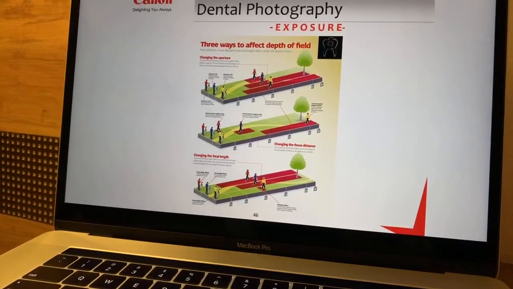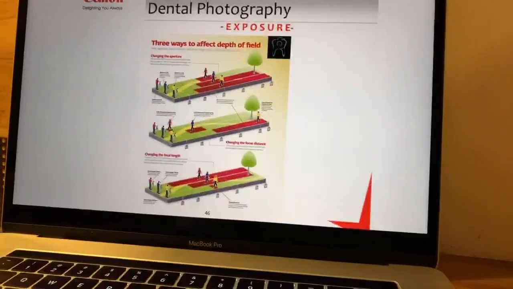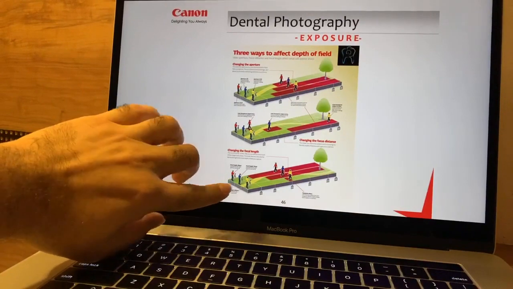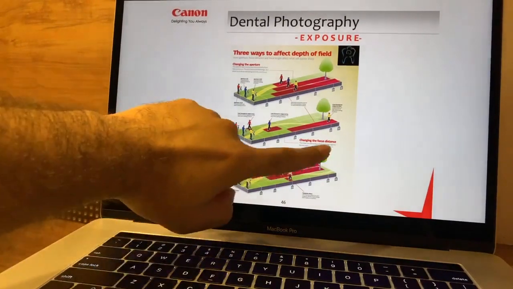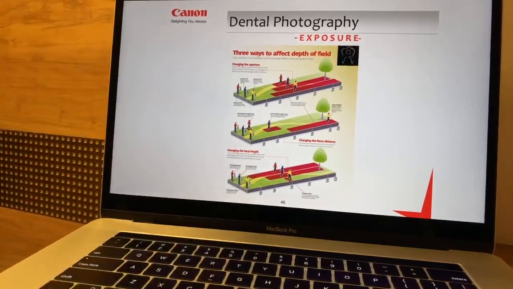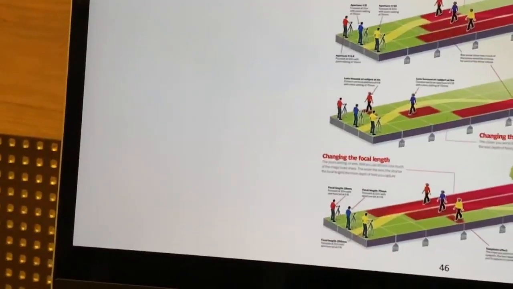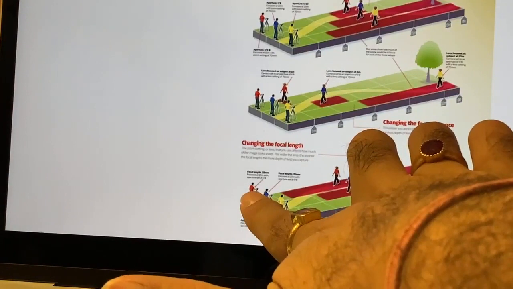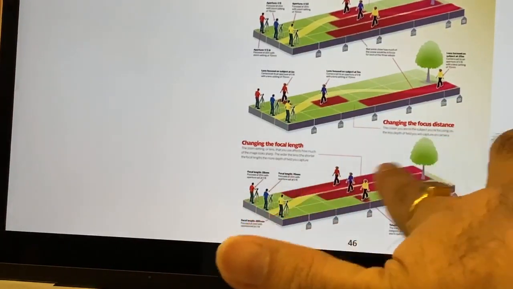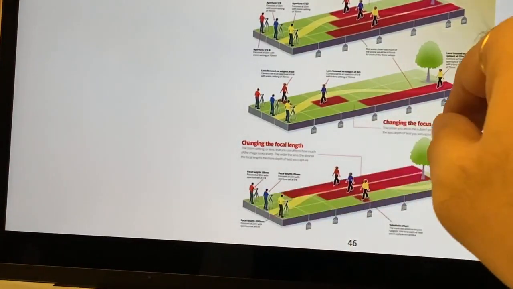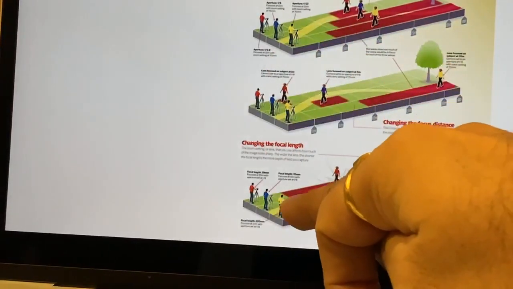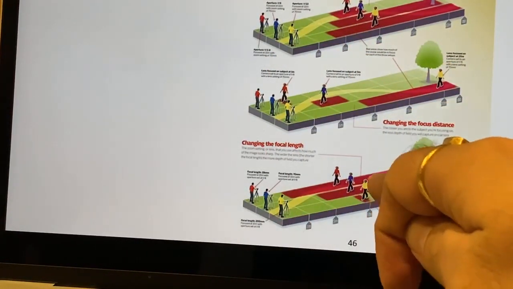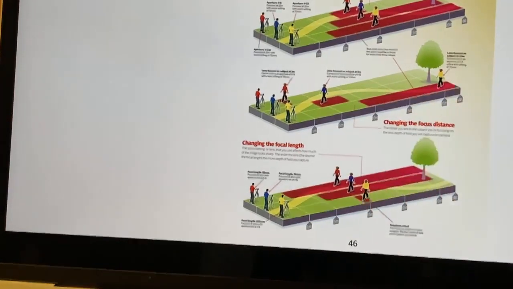And now the last criteria, the focal length. If your focal length is small, the depth of field is deep. You remember that? So this guy in the red t-shirt over here, say he's working at a focal length of 18 millimeters, so he is going to get a deeper depth of field. That means a big area of sharpness. The guy in the yellow t-shirt is going to be getting a shallow area of sharpness because he's working at say 400 mm or something like that.